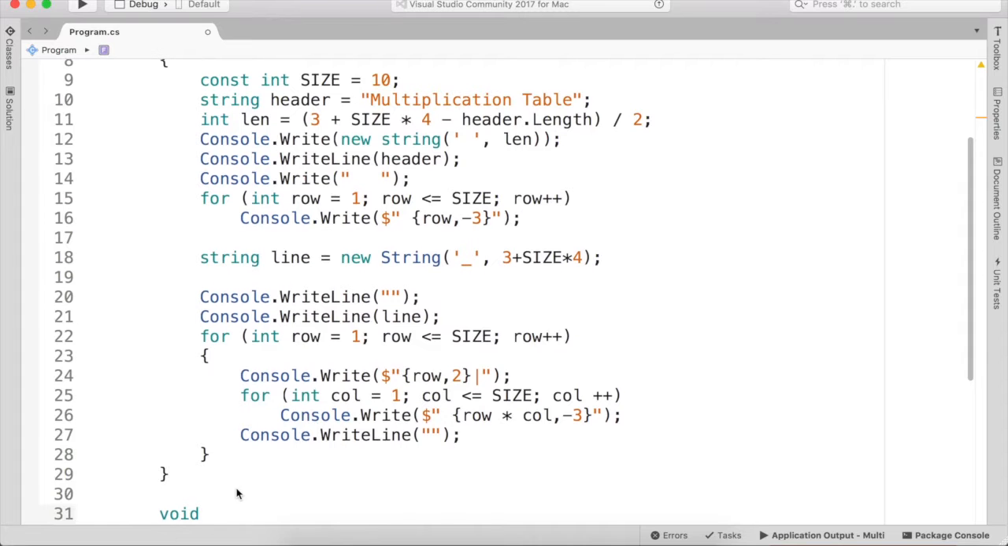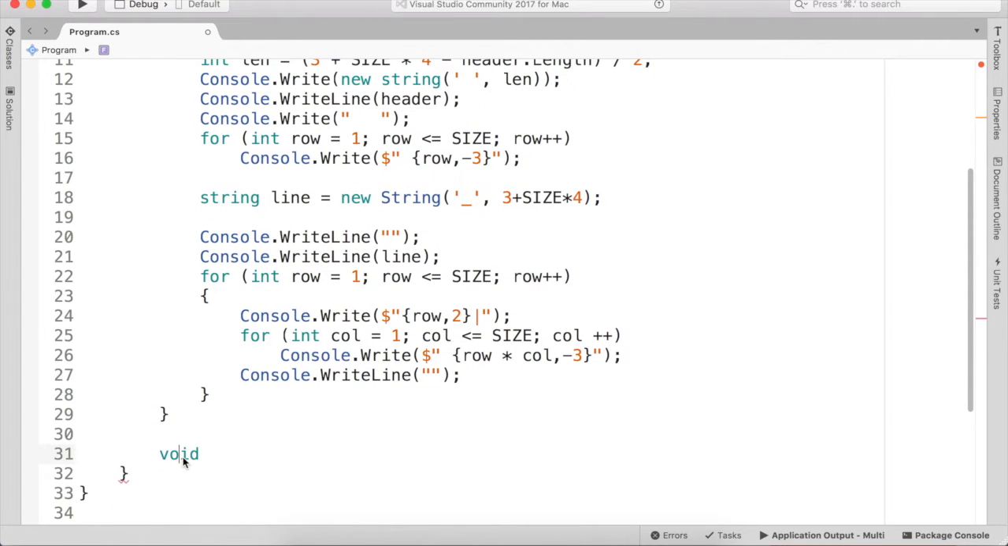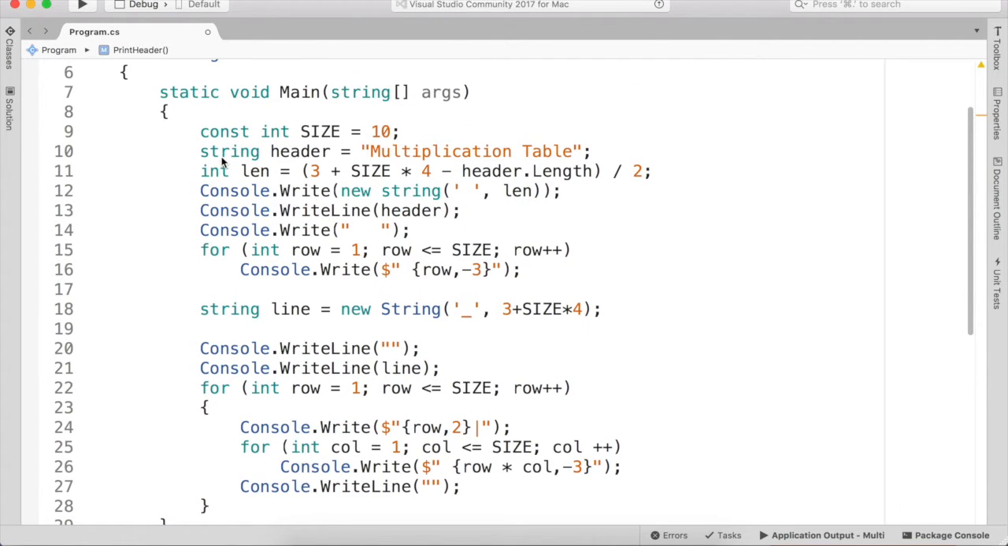If you remember, you start with the type of data it returns, but this function does not return anything to the calling function. We just print, so we return void, which means we return nothing. To print the header, you don't have any parameters. We just want to copy the code straight from here,